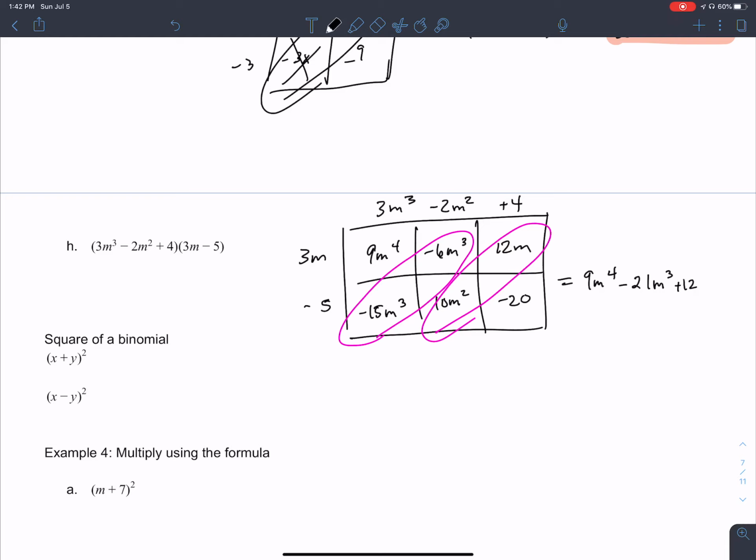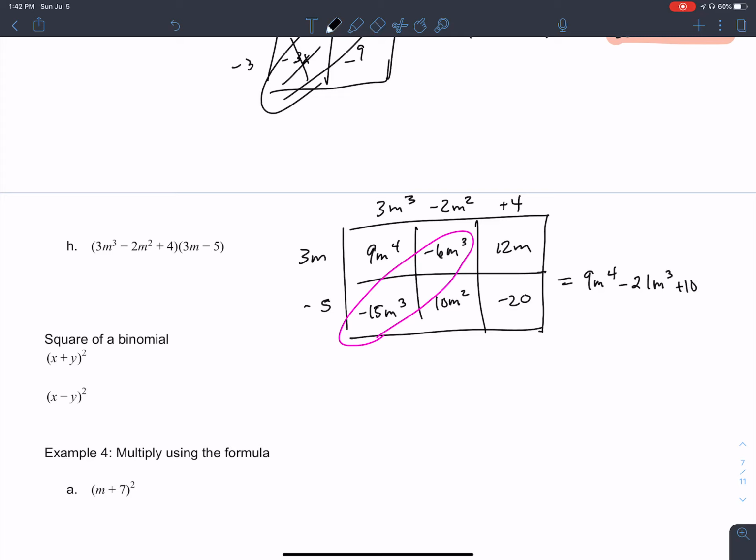plus 12m. Oh, those are not like terms. So be careful, and then also check and make sure that you did it right. Those are not like terms. So we just get 10m